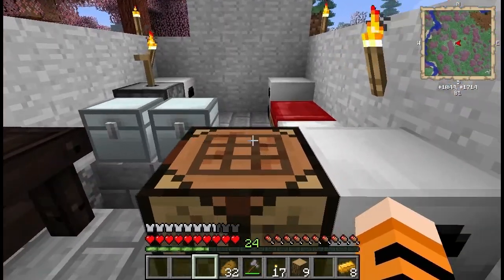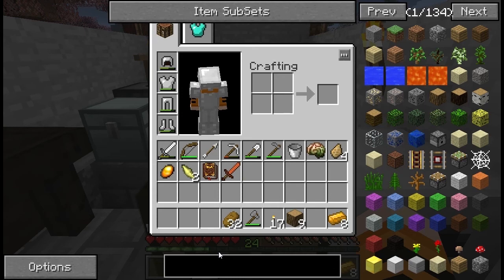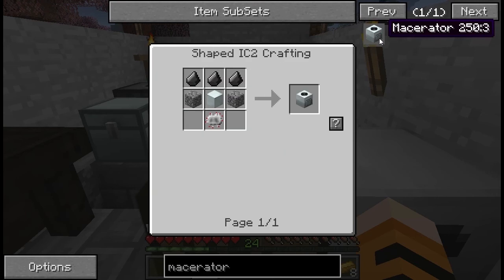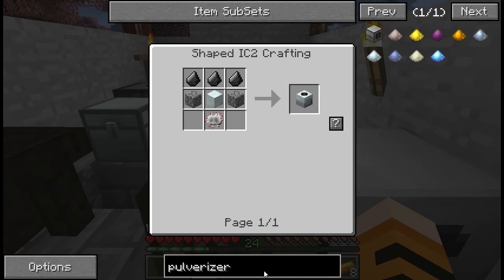Now, one of the other things I was going to make, and I had the materials for it in my inventory, was a macerator. I think it was a macerator, right? No, it wasn't a macerator. That's a different one. I had a pulverizer, which basically does the same thing as the grindstone, except it takes in